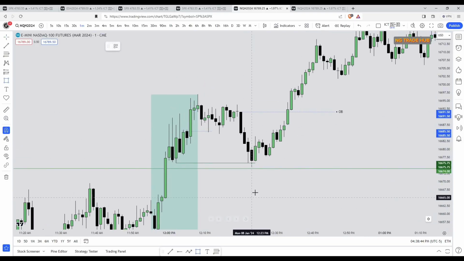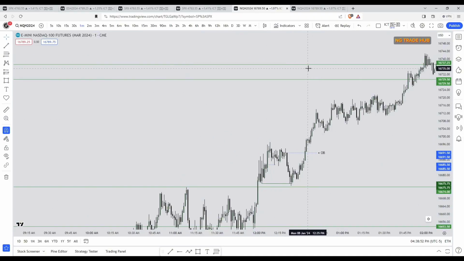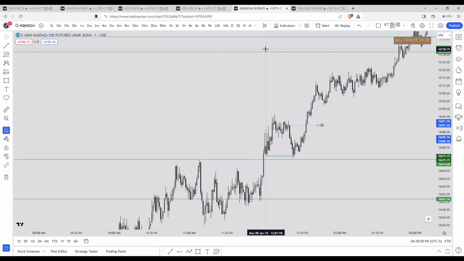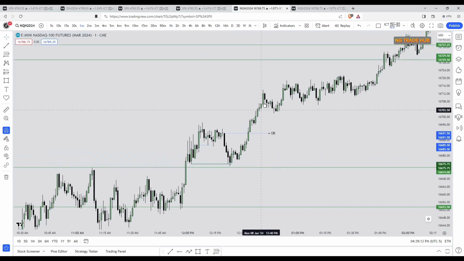And if you get the model in here and price creates a bullish change in the steady delivery, then it can indicate that price is likely to expand higher and continue in that direction. As soon as it takes out the buy side, you don't immediately know if it's going to head for the next buy side liquidity. But by waiting for this feedback to see, does price consolidate and then continue to expand, or do we get a retracement into sell side liquidity, then create a bullish change in the steady delivery,